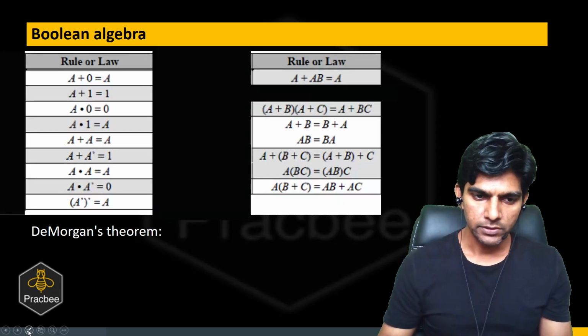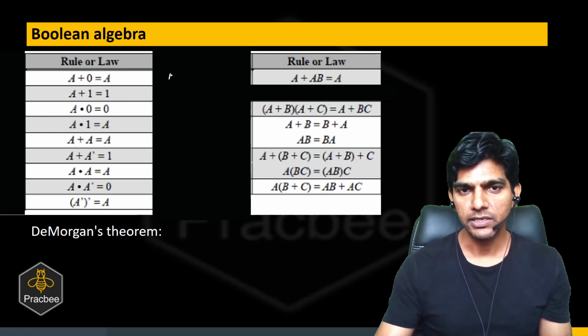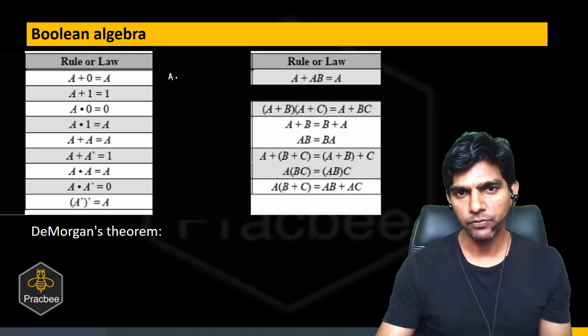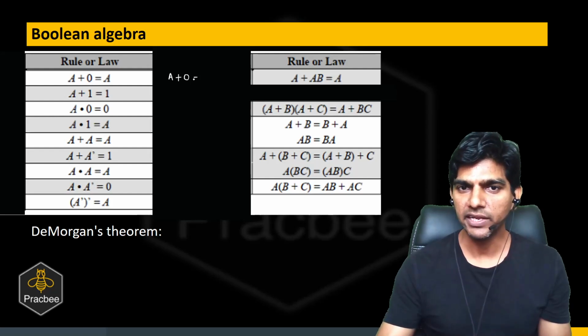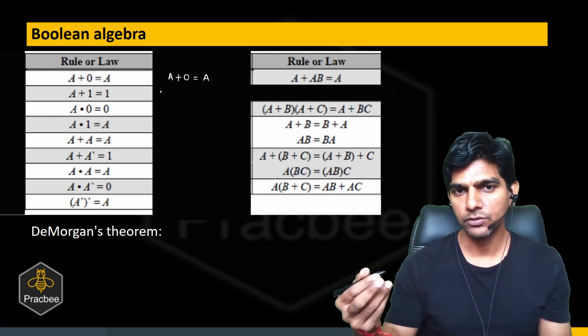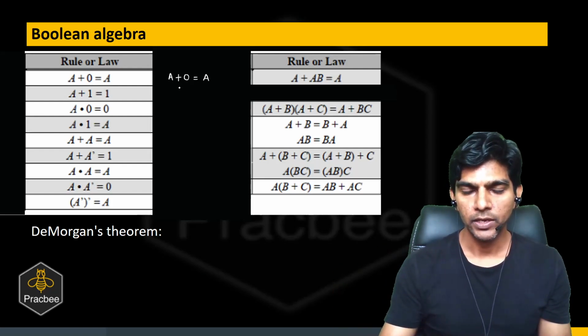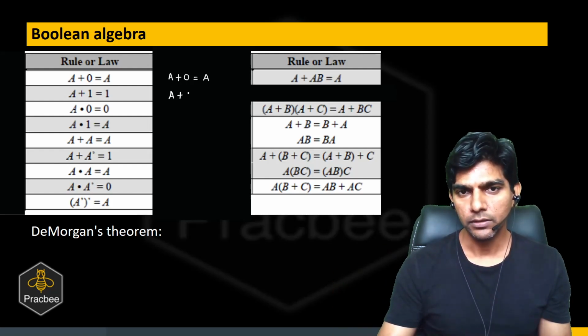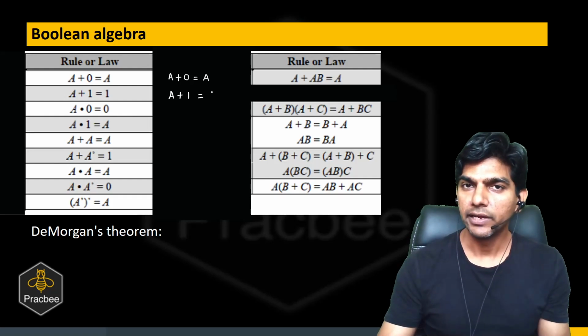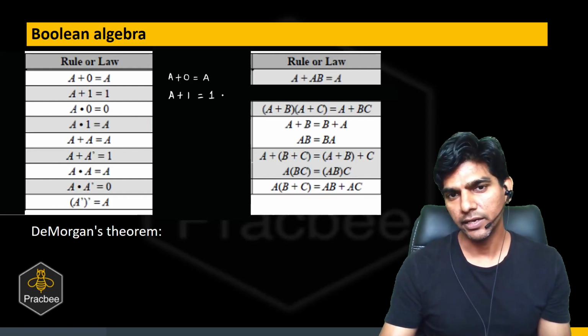Now let us see what happens. What are the different rules? Can you see, if we have a signal A, it can be high or low. If we add this to 0, we'll get A only, right? So just remember, if you add 0 to any signal, you will get that signal only. A plus 0 is A. Now if we add 1 to any signal, we'll get a high signal. Anything added with 1, you get a high signal, 1.